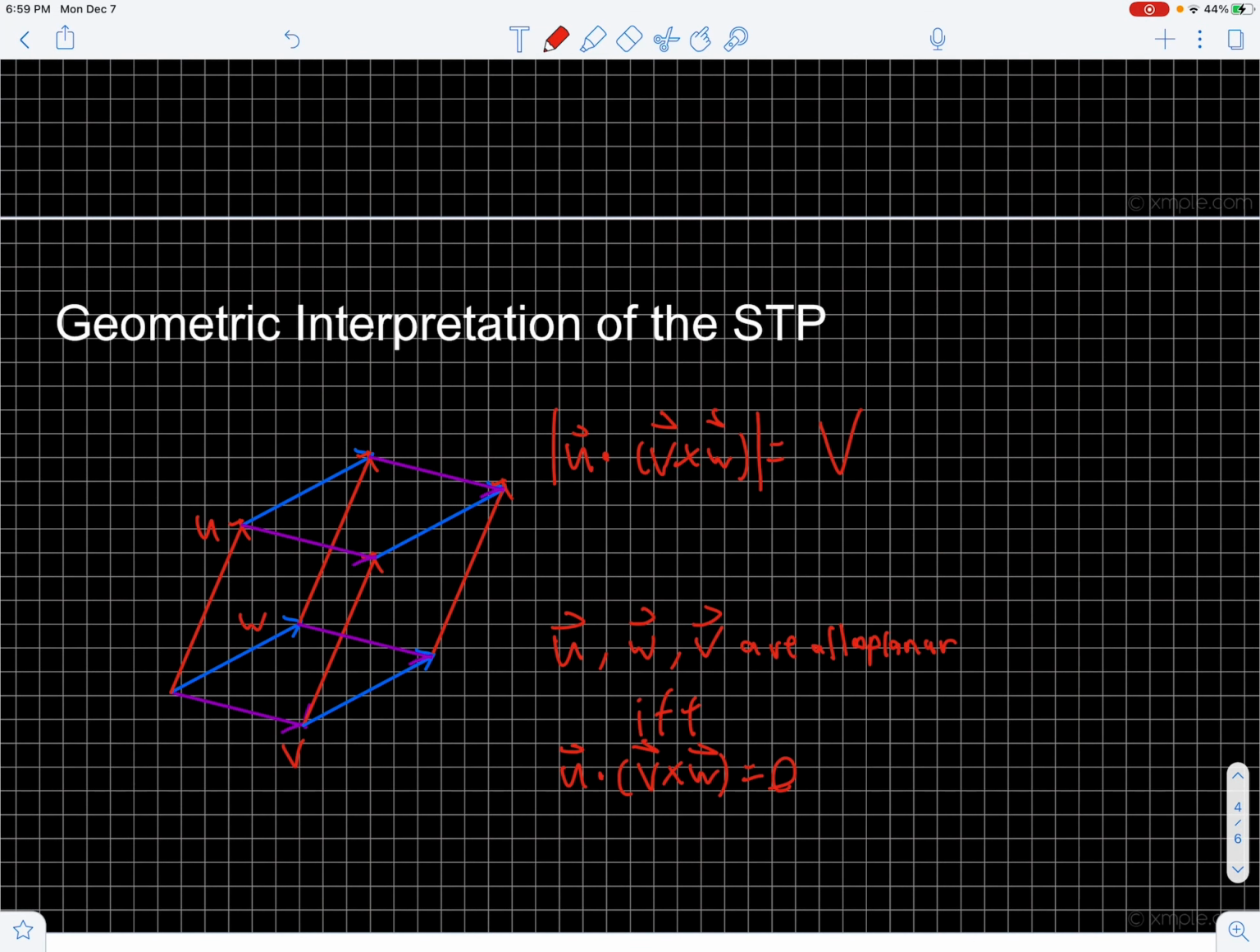All right, that's it for the scalar triple product. And that's also it for this section. So you guys are now halfway done with chapter 11. Congratulations. I will see you all in the next